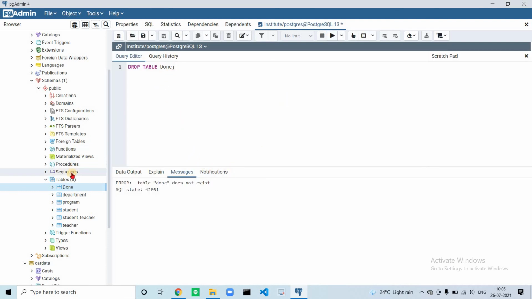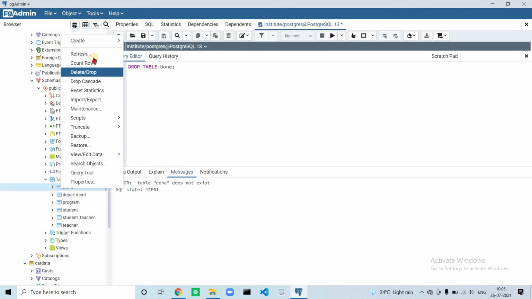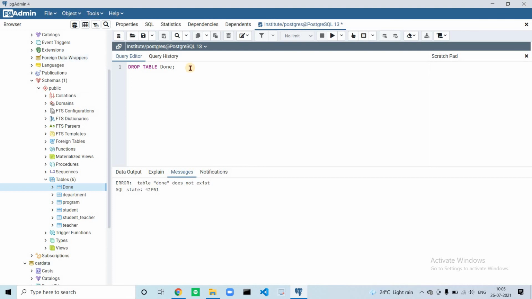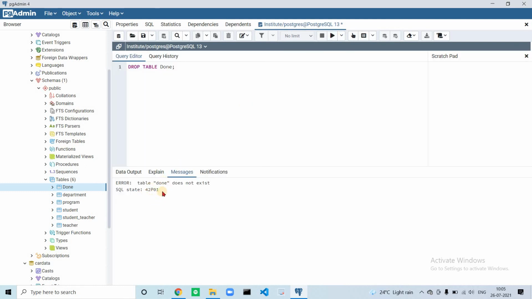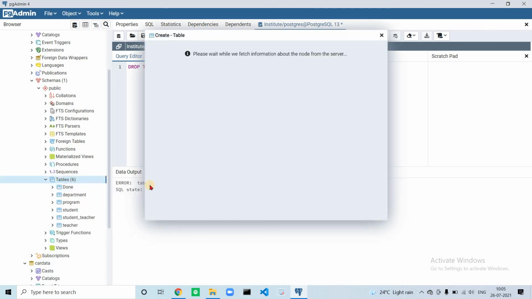Sorry. Drop table done. Why is it showing this message? Let's just create another table and try to drop this.